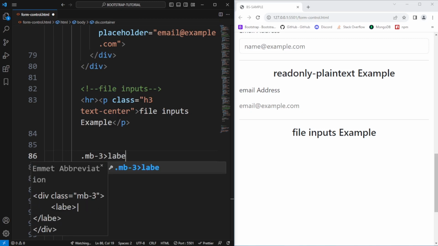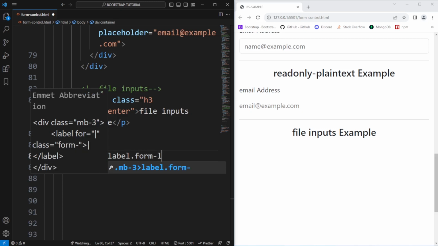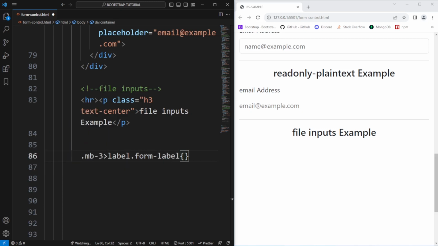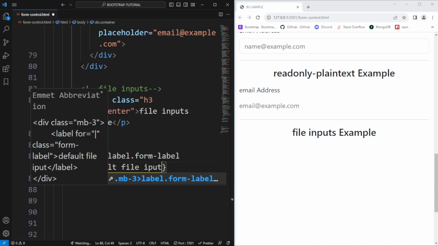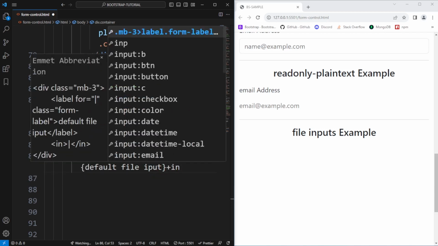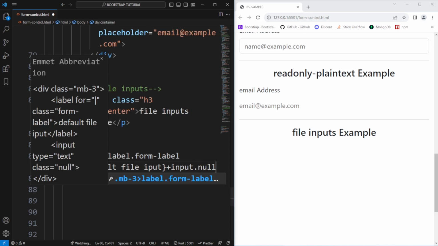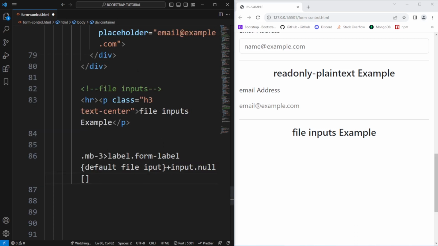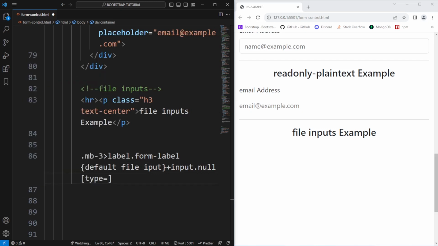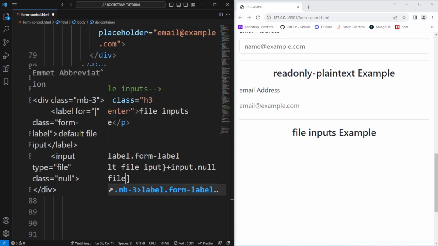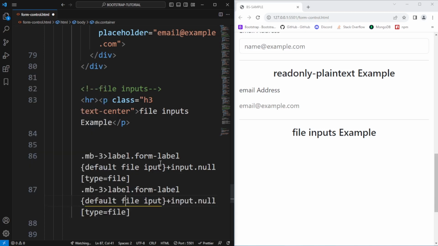inside this div let's have a label with a class form hyphen label, and let's add some content, default file input, and let's add at the same level input having a null class, and I'm also gonna give it a type attribute, and the value would be obviously file, and see if everything's fine. Alright, so let's make a duplicate, and I'm gonna comment this out for you, and let's this second one work